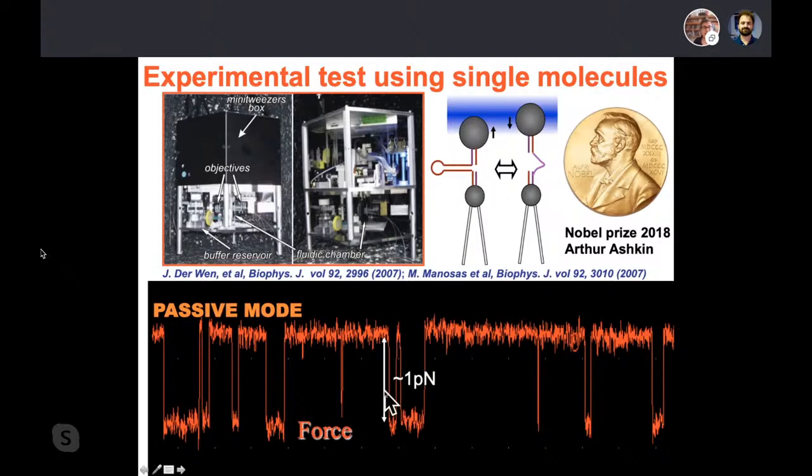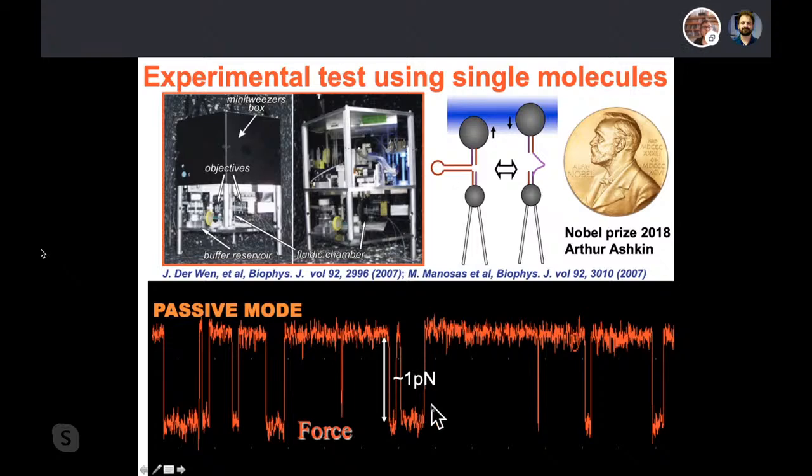and every time it does, there is exchange of heat with the bath, and therefore we have the experimental realization of this single molecule SZILARD, okay? We have this experimental realization. We measure work and we measure heat with the environment and so on. And therefore, in this experiment, this is a typical dichotomic signal that you observe, okay?